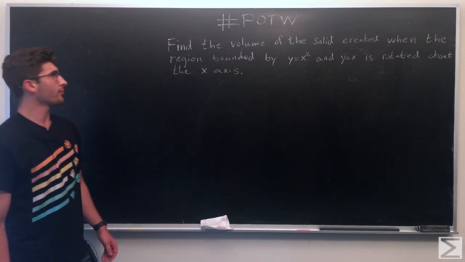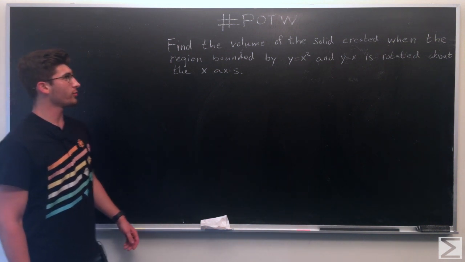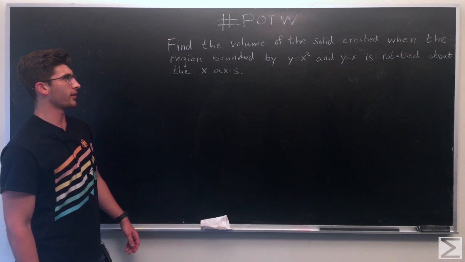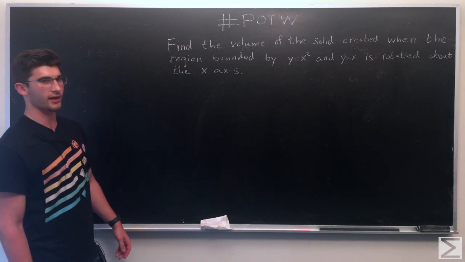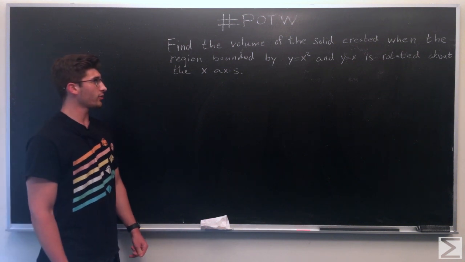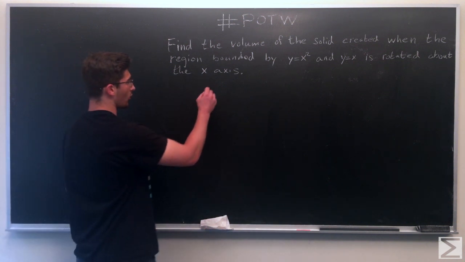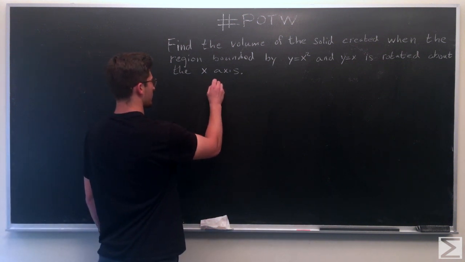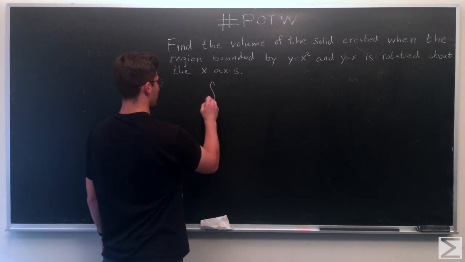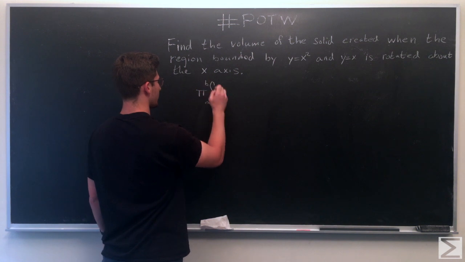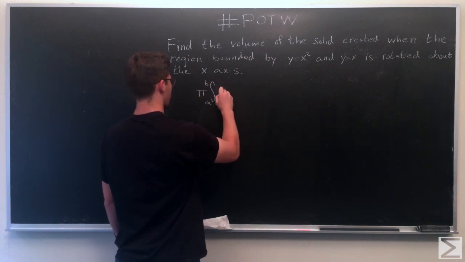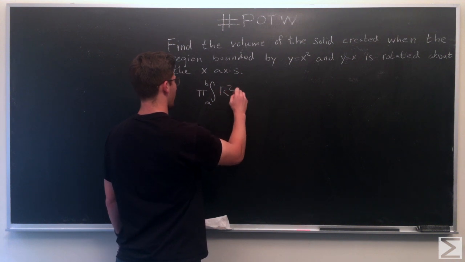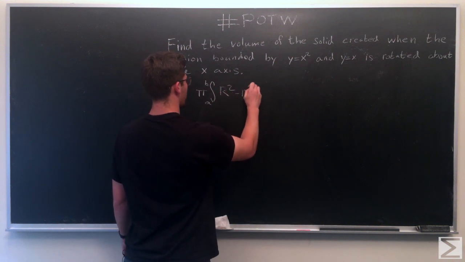In this problem, we're going to be asked to find the volume of the solid created when the region bounded by y equals x squared and y equals x is rotated about the x-axis. I'm going to do this using the washer method. The standard form of the washer method is pi times the integral from a to b, that's your bounded region, of large R squared minus little r squared